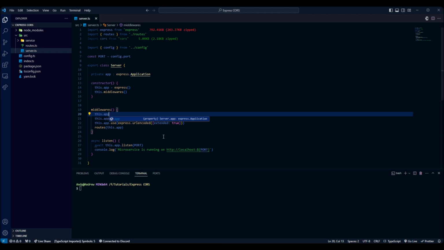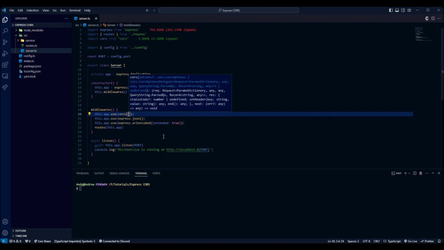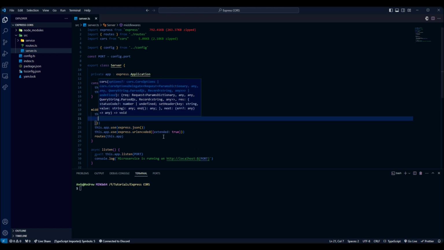So I'm gonna type this.app.use. You will probably have just app.use, and here I'm gonna type cors, make this and this,